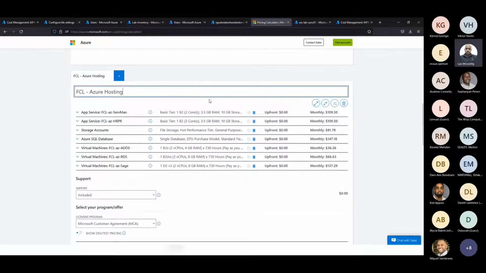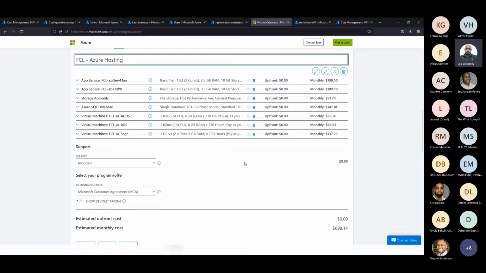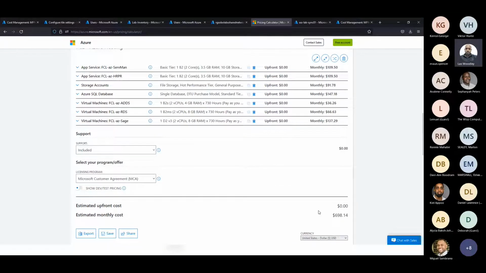I went ahead and created this bill of materials to give an overview of what our solution to Financial Consultants Limited would look like from a monthly cost perspective. And these prices are all in US dollars. And this is what it would look like on a monthly basis, $698.14. Right?